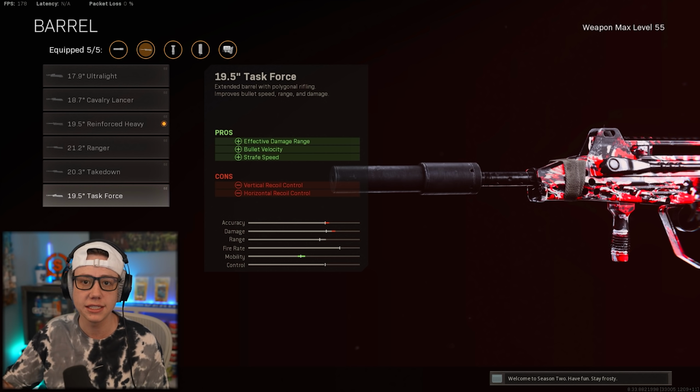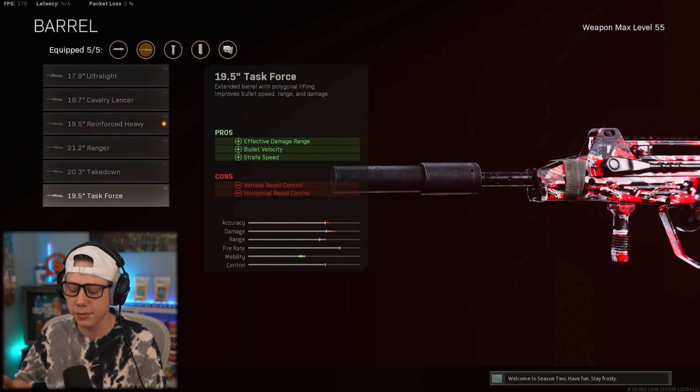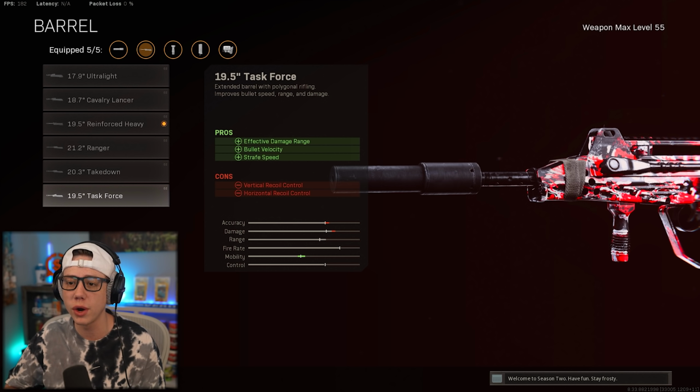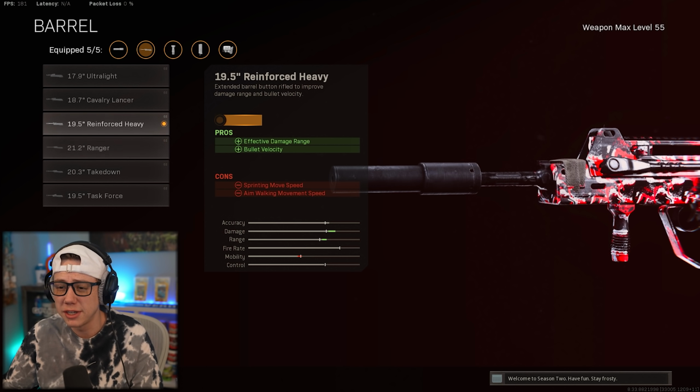I've gone ahead and I've tested these before, and by far, the task force recoil pattern, especially when you get into some of those medium range fights, really is not ideal. It's a tougher pattern to learn. It's more annoying to have to control in game. So I never really used the task force before, and honestly now, I still don't really see myself using this